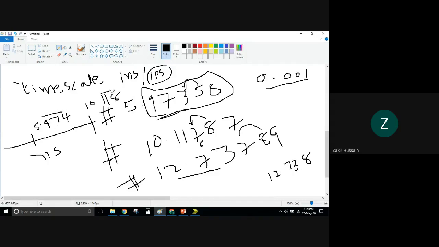Is that clear to everyone about this? Let me summarize. Backward time scale is a compiler directive. The name itself is having direction, directive. To whom? Compiler. We are directing the compiler to take the simulation scale. When you perform simulation, there you have several signals that will come. So this scale you take in a nanosecond.